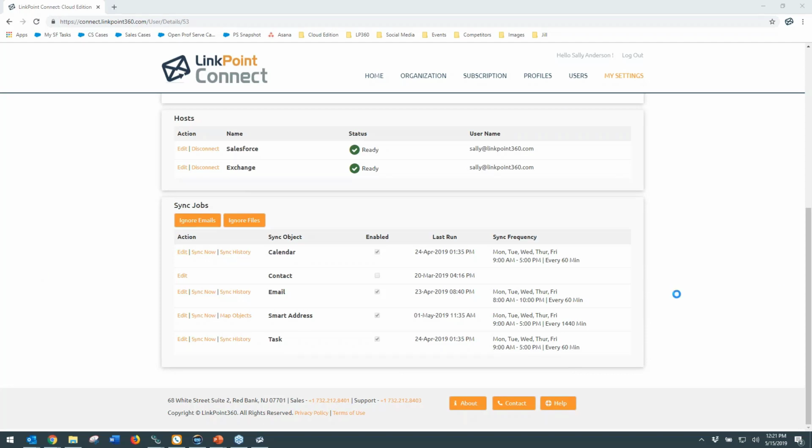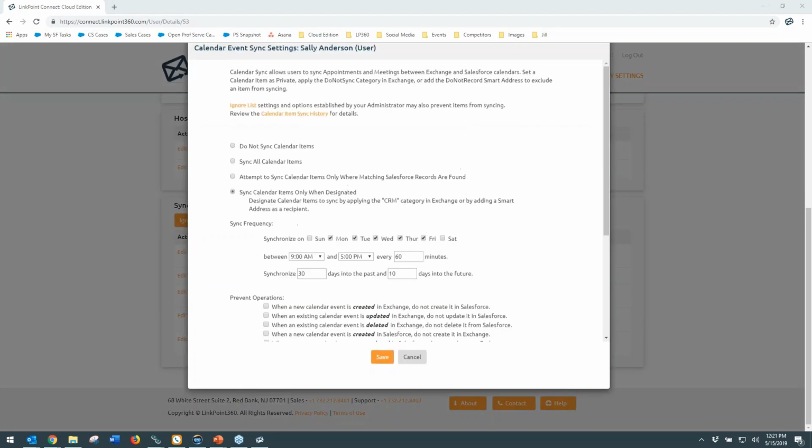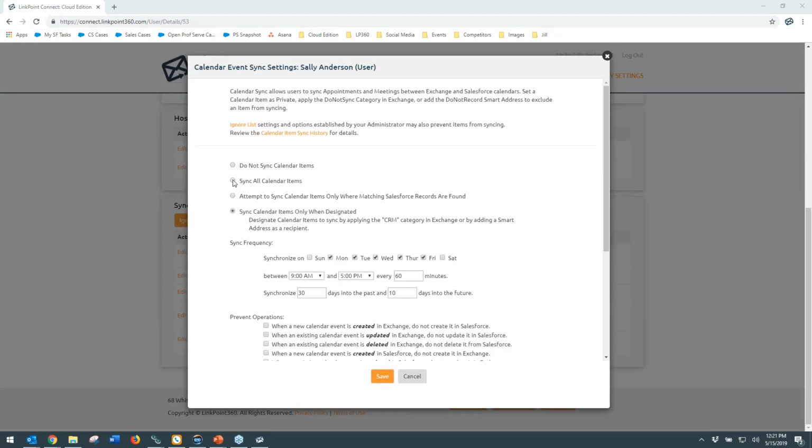So in this case, I am launching my calendar sync settings, and you'll see I have a couple of options. I can choose to sync my entire calendar, and that's just going to make them a mirror of one another. I can choose to sync only the items on my calendar that are related to Salesforce records. So my internal appointments would not sync, but my appointments with contacts and prospects would sync because our system would